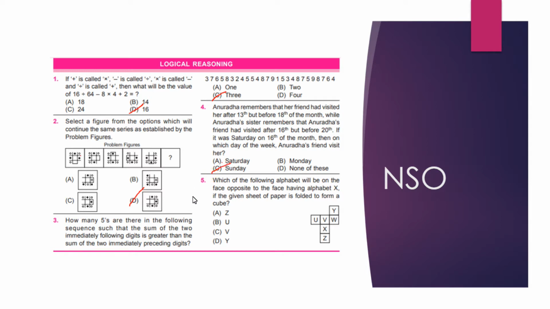Which of the following alphabet will be on the face opposite to the face having alphabet X if the given sheet of paper is folded to form a cube? So this question I think Pramod has discussed in the previous week. So you should know the technique. These questions, by the way, were discussed